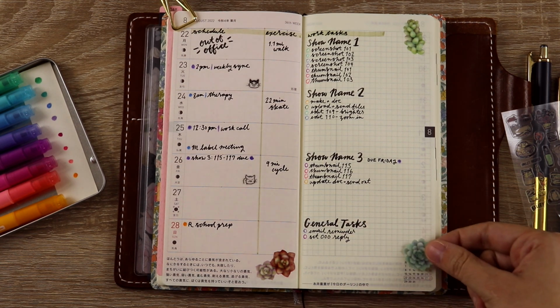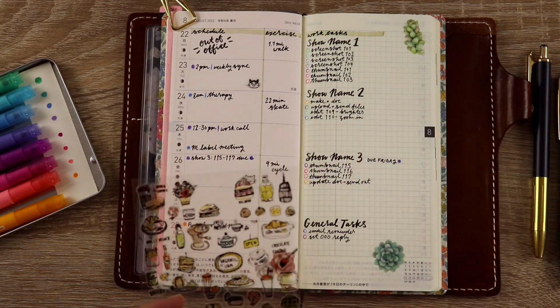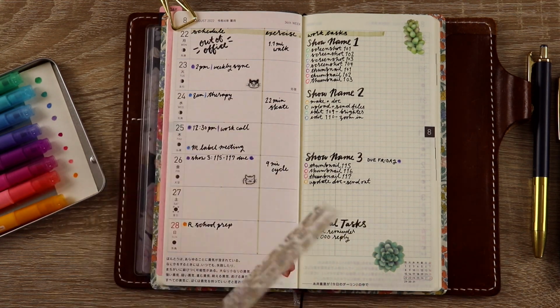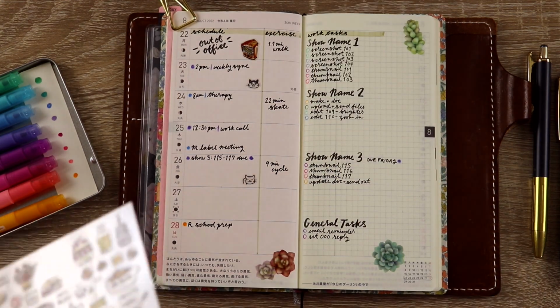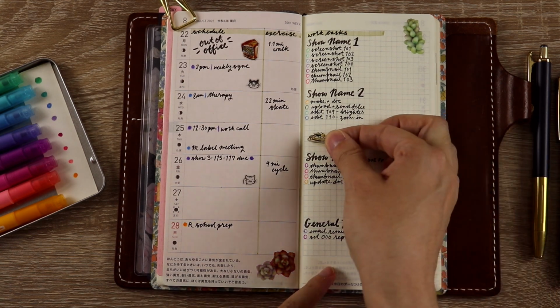I don't decorate it a ton, and I don't really like to fill in the blanks at the end of the week like I know some folks do, because I'm not going to get to enjoy that for very long. I don't tend to look back at the pages once I finish them at the end of the week. So this is something that is meant to be enjoyed during the week when I'm using it, just so it